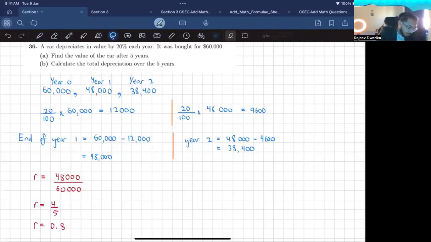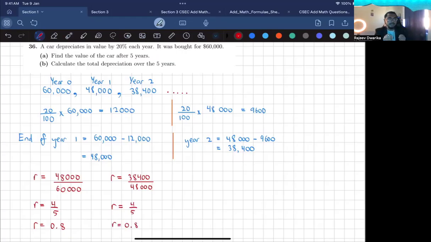Kira, let me try another pair. 38,400 divided by 48,000. 4 fifths too. So that is 0.8 as well, right? Mm-hmm. So since it has a common ratio, meaning the ratio for consecutive terms is the same throughout,